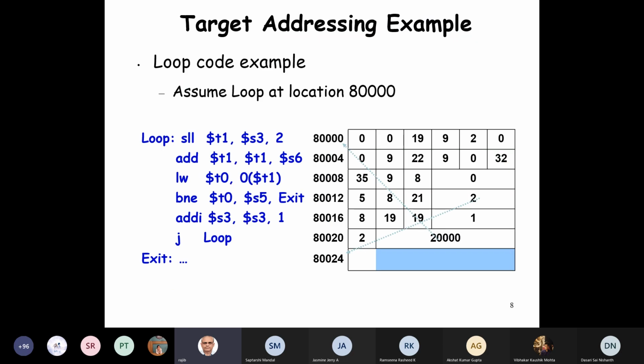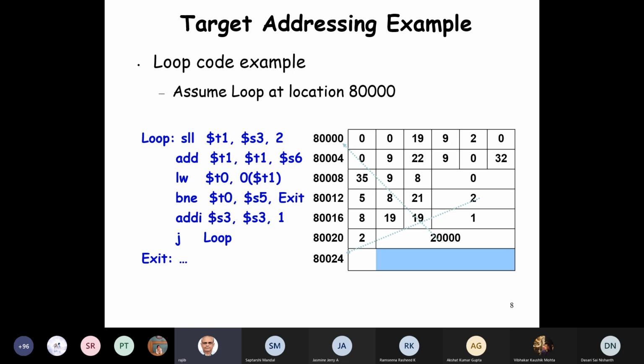Now let's look at the jump instruction. As I was saying, for the jump instruction, there is a span of addresses to which we can jump. It's not PC relative, as I said earlier.